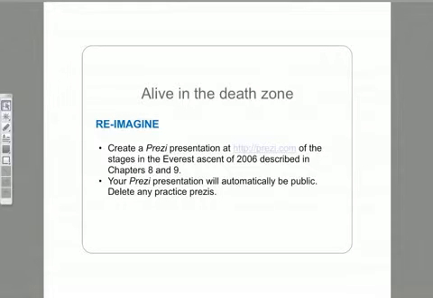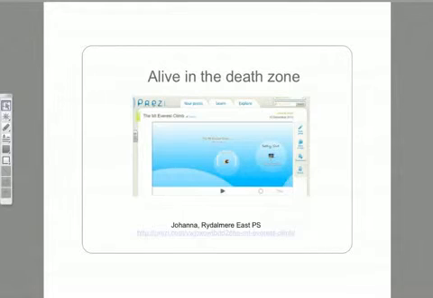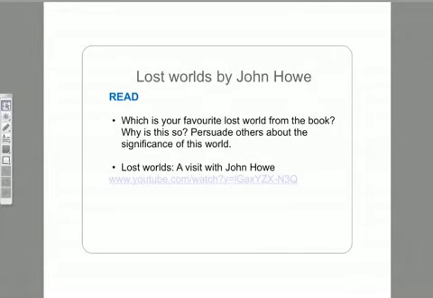So that's a nice simple introduction to Prezi, which is quite literal, but it allows us to explain to our students that Prezi takes our viewers on a journey. Okay, and so then when you have a look in this blog that I mentioned earlier, you'll be able to see Joanna's Prezi that she did of the climb, in which she's inserted images, she's written text and so on to take the viewer on a journey.